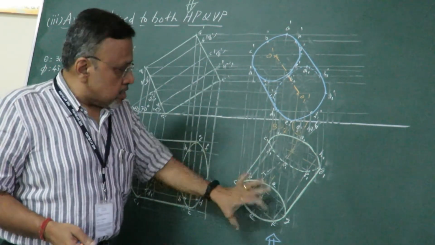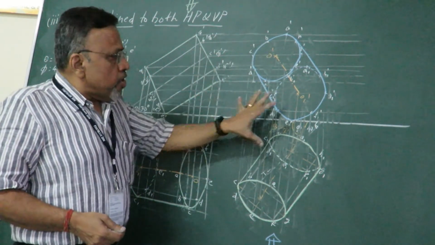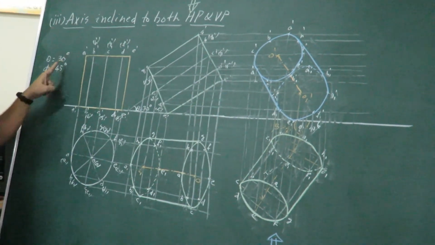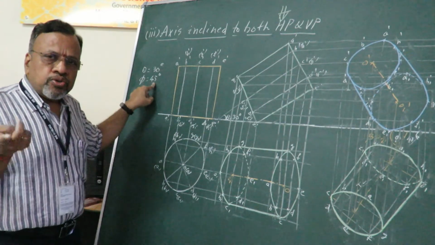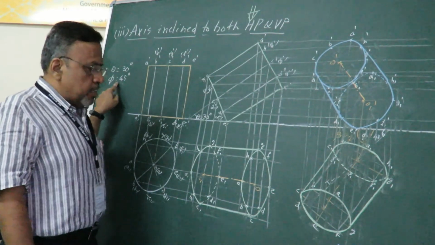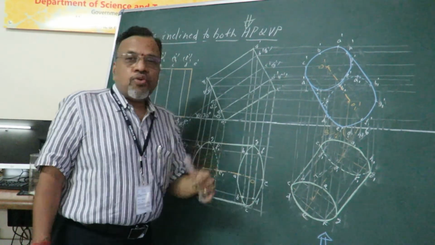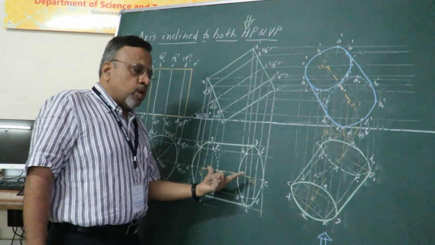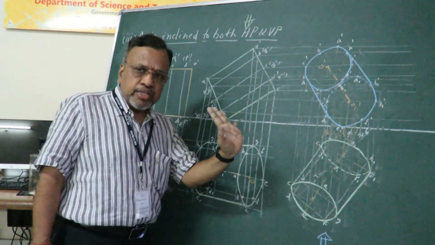Only thing is, you should concentrate more while getting these figures. Is it okay? Now in the same problem, I told you that the axis is inclined at 30 degrees to HP and 45 degrees to VP. Instead of that, generally what we can also give in the problem is that the top view of the axis is inclined at 45 degrees. Where do you have the top view of the axis? This is the top view of the axis. That is, he would have given directly the axis inclination, that is, directly the beta. Is it okay? So now we can make the distinction.